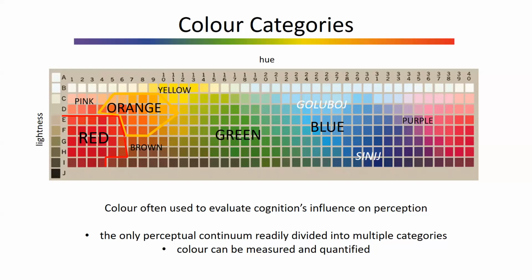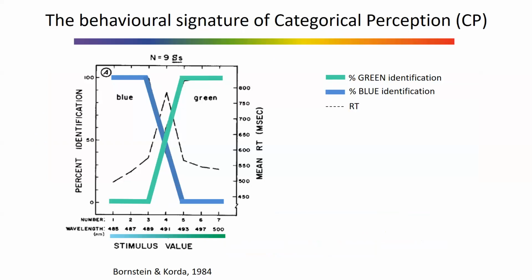So this idea that we can quantify color and control the stimuli and then look at effects of cognition has led to color cognition studies being very, very prominent in this cognition perception debate. To talk about it further, I think it's probably quite useful to first look at some of the behavioral signatures. So for example, if we did a study on some of these phenomena, what would we actually be able to